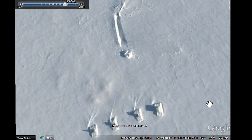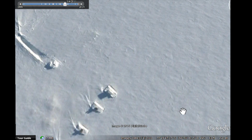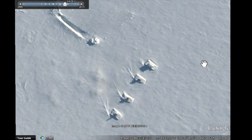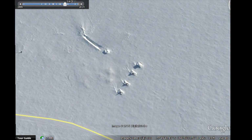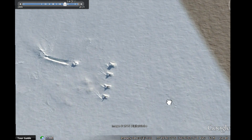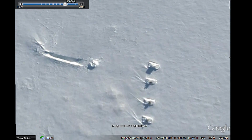It looks like those 4 tanks went on and that whatever it is, obviously it crash landed. You can tell that it went from air to land. It made a trail, and when that went down, either the tanks were demobilized to where they couldn't move anymore, so they just left them there, and a storm came in and it snowed on them, and later they came and cleaned it up. Or I don't really understand the picture, but it's something that's on Google Maps, so it's not something that's been created by us. It's something that Google took a picture of, uploaded it, and it's for us to tell what actually occurred in